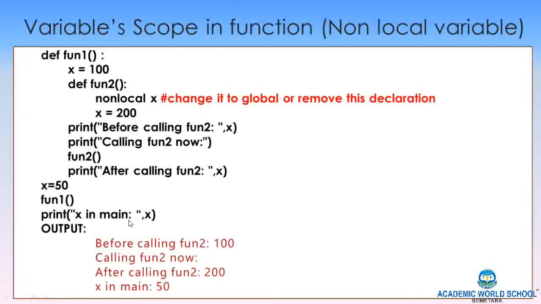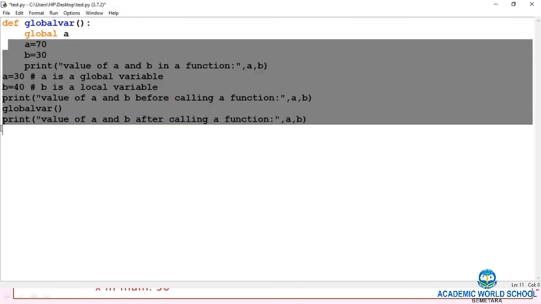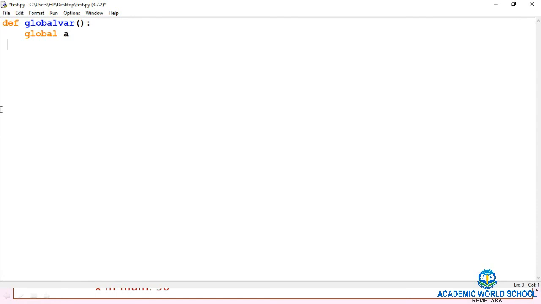Now I'm going to explain this with the help of an example. Suppose the same program, b is equal to 20, the name of the function is fun1, then fun2, the function scope is started.